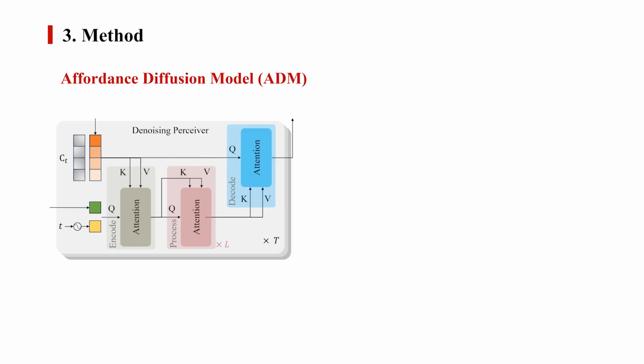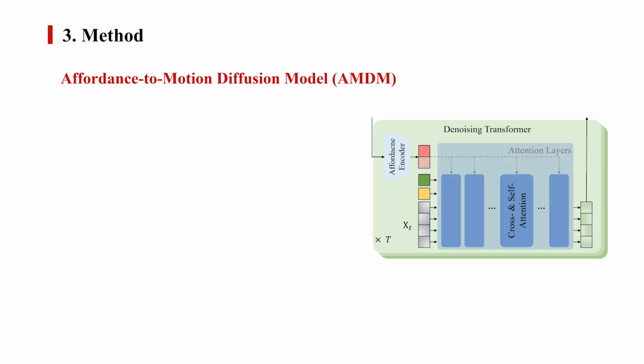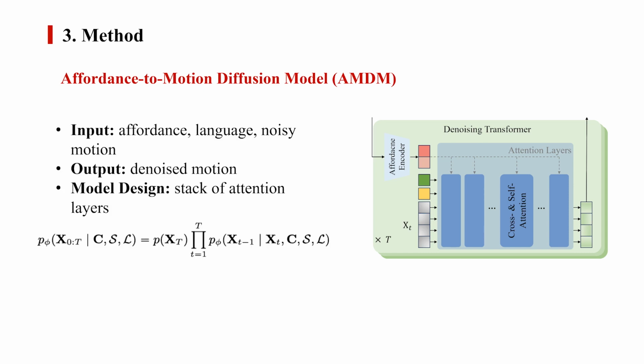Let's delve into the specifics of the first stage. We introduce an affordance diffusion model to learn the distribution of language-grounded affordance maps. ADM's architecture draws inspiration from the perceiver model, which leverages an attention mechanism to efficiently extract pointwise features. The second stage involves an affordance-to-motion diffusion model to generate plausible human motions. AMDM comprises an encoder specifically for the affordance map and a transformer backbone that integrates multimodal features to facilitate motion